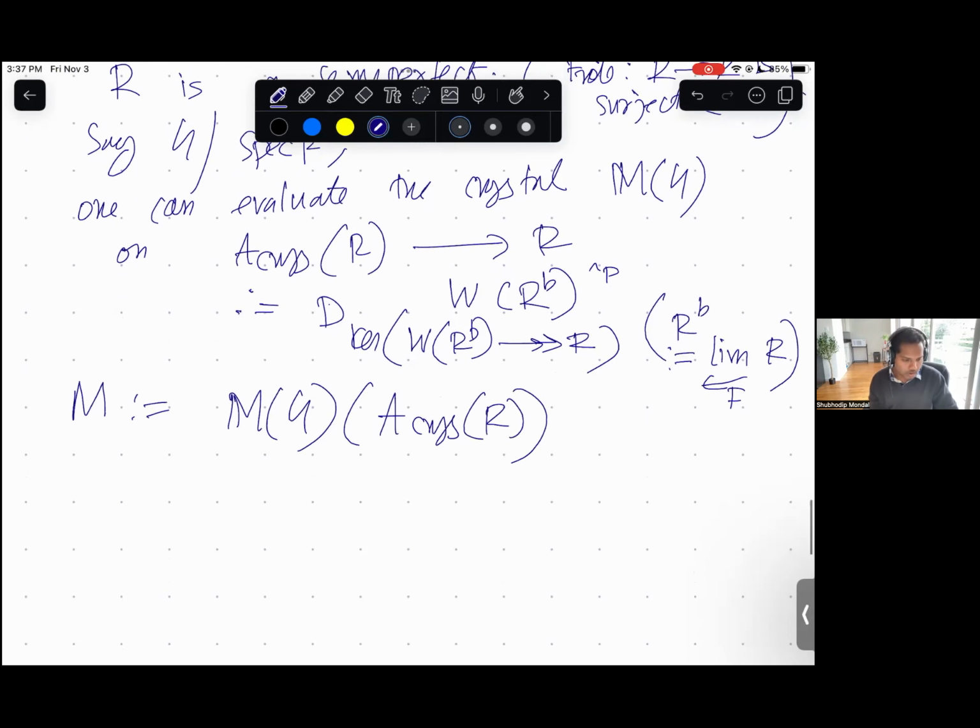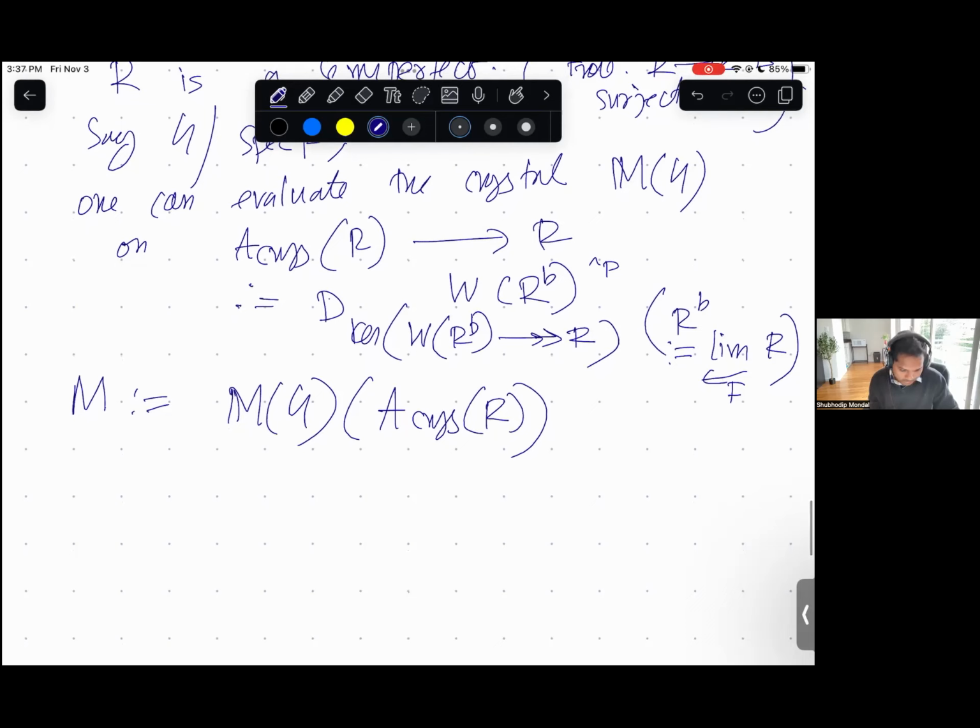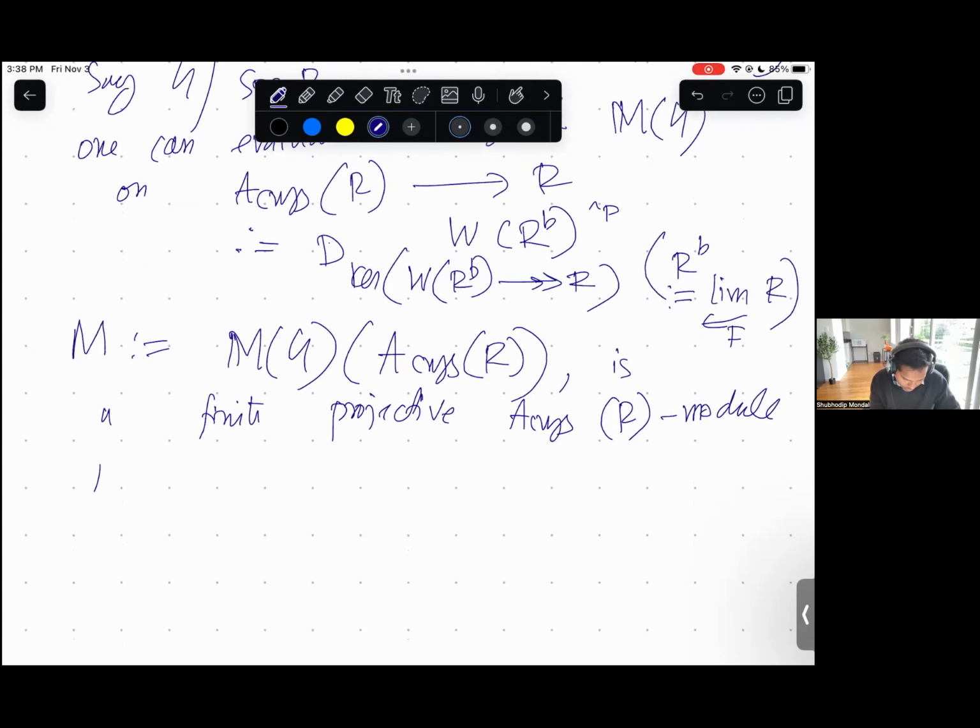Evaluate the crystal on A_crys. Then this is a finite projective A_crys(R) module. And we have maps